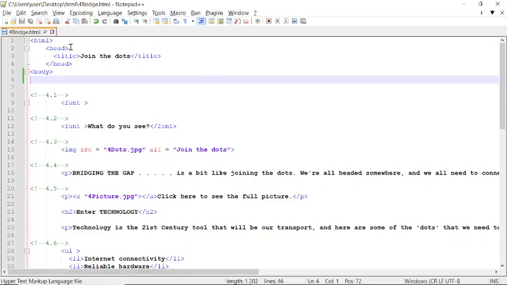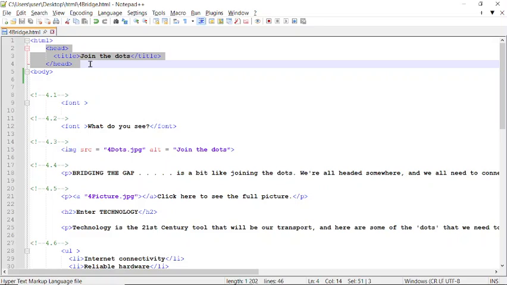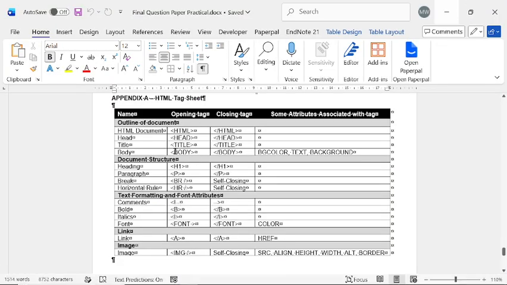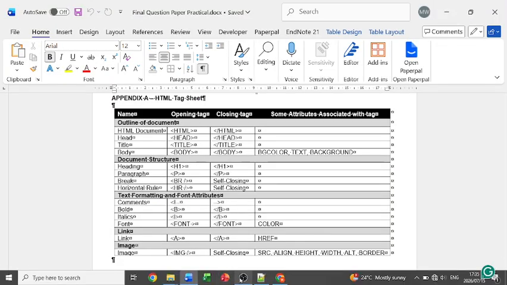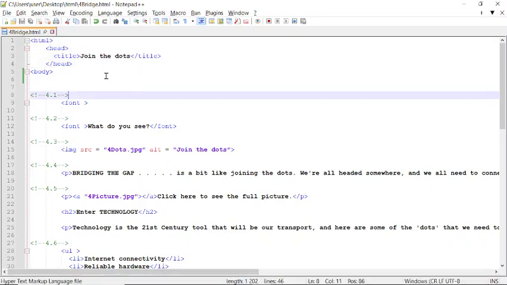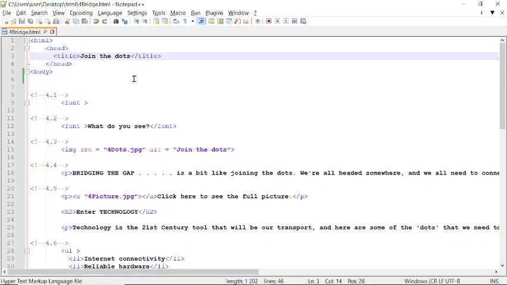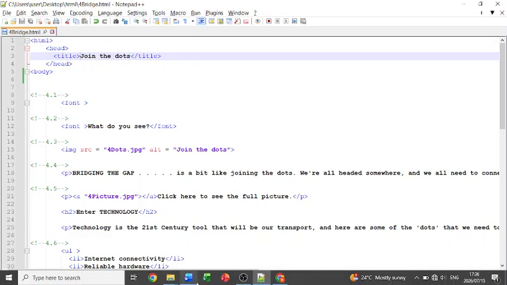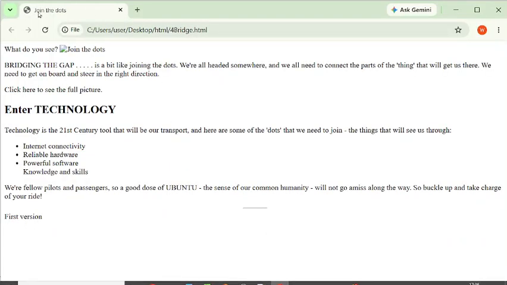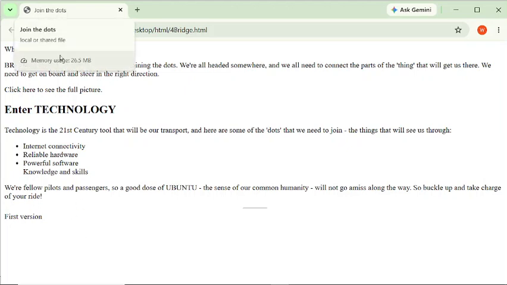Now, if we look here, we have a section between line 2 and 4, which says head and then /head, which is once again, as I said, your opening and your closing tags. Now, if we go here, we then see, okay, we've got title that says join the dots and a title closing tag. Now, everything that's here in your head area is going to be what we find here in the top. So it's not on the actual web page itself, it is the title of your actual website.